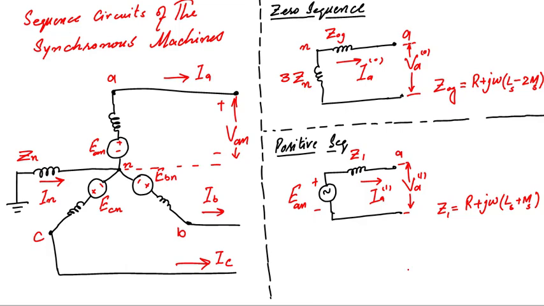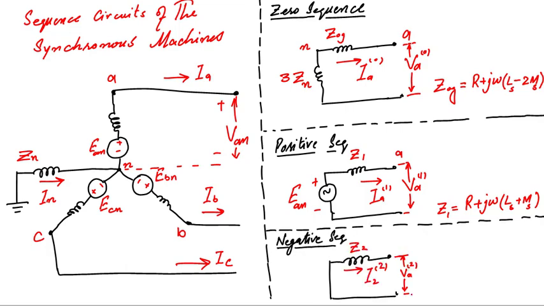And finally the negative sequence, this is negative sequence equivalent circuit of the generator, and the value of Z2 for generator is given as. So now we discuss these three circuits. If we compare these three circuits with each other, for generator we can see here in case of positive sequence we have a source of induced EMF in it. So the negative sequence and zero sequence both are passive.